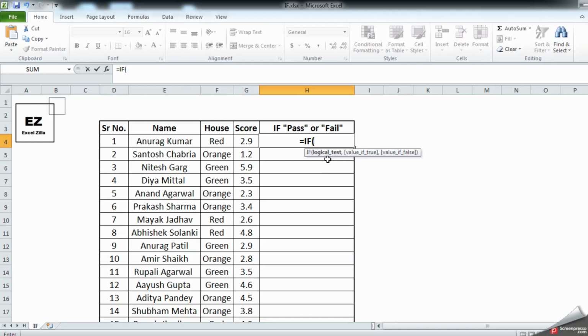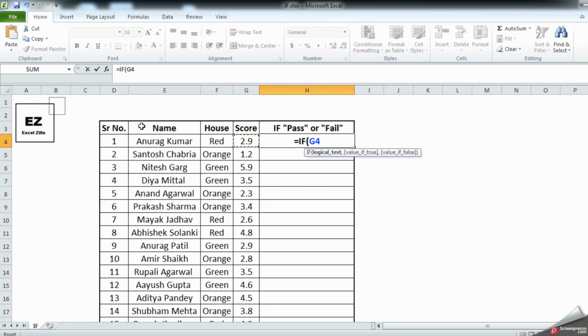So I have opened the bracket and it says give a logical test. So the logical test is over here. We are going to select this cell. The cell is G4, which is the G column and the fourth row.